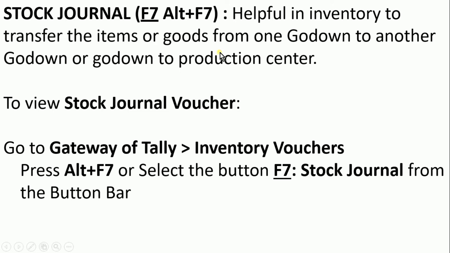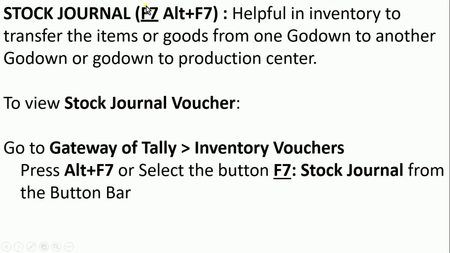Make the assumption you have godown A and godown B, and you want to transfer the items from godown A to godown B physically. Then we will use the stock journal voucher. For example, in godown A you have maybe hundreds of pipes, and those pipes you want to shift to godown B. Then physically you are shifting it by using this